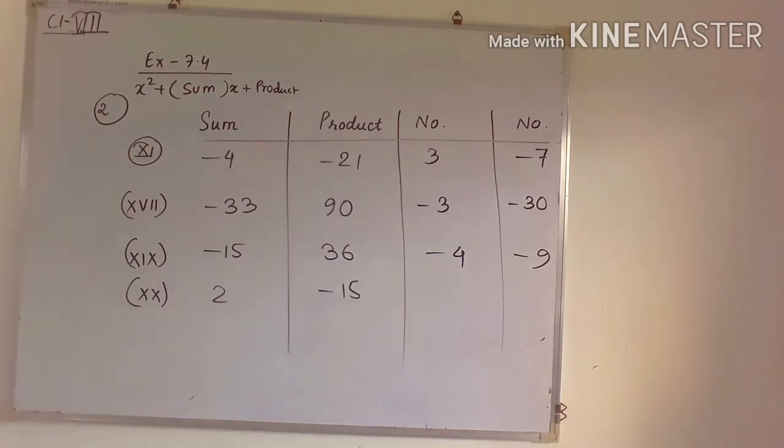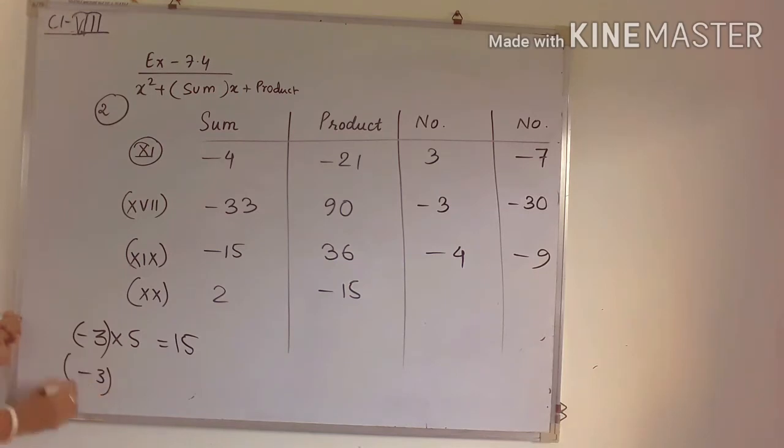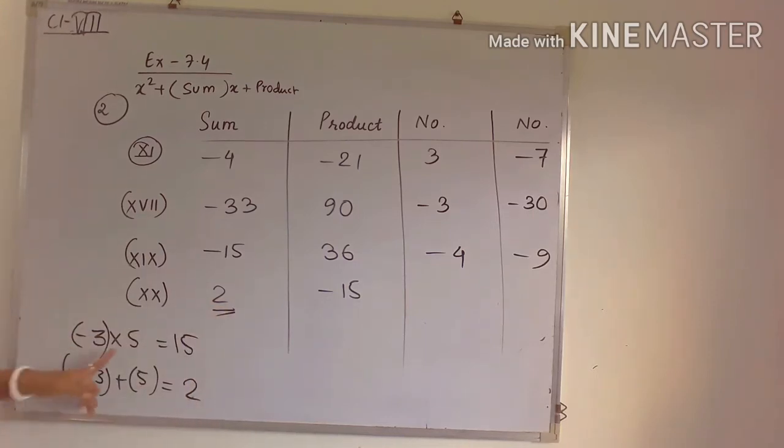So you know that 15 has only one prime factorization we can do, and there are two numbers and the two numbers are prime. So 3 into 5, that is what? 15. So we have to take the negative number. So how to take negative? Just take one number as negative. So see, if I take minus 3, then what will happen? Then after adding minus 3 with 5, I am getting the sum of these two integers as 2. See, and the sum is 2. So we cannot take minus 5, we have to take minus 3. If we take minus 5, then minus 5 plus 3 will be what? Minus 2, okay. So you have to see like this.